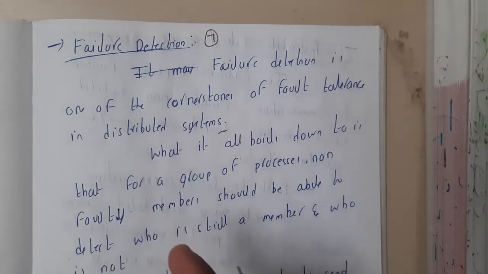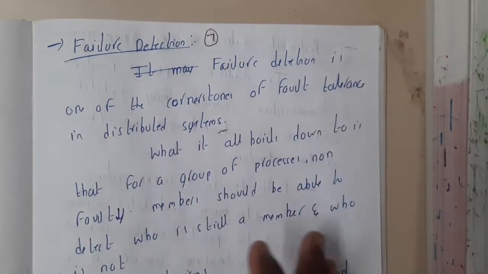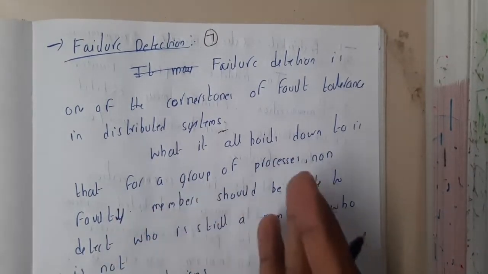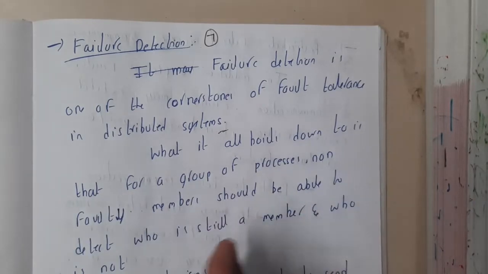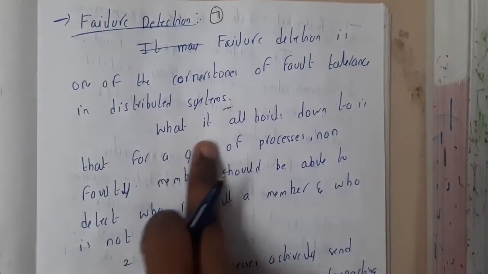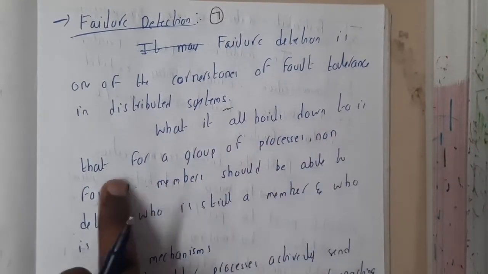So how can you resolve it? You need to divert the traffic. I'm talking in terms of the web, right? If there is huge traffic on the server, you need to divert it. If the server is down, you need to divert the traffic to another server. All these things should be done, right? So what it all boils down to is that,